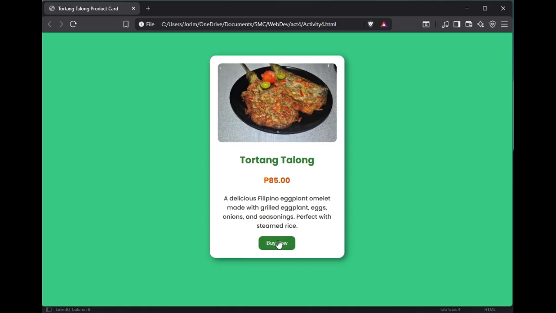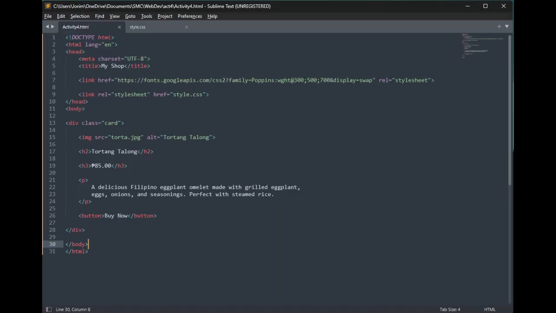First is the HTML file. I started by creating the basic HTML structure. Inside the head section, I added the title of the web page, linked the Google font called Poppins, and connected my external CSS file named style.css. Inside the body, I created a div with a class card, which contained all the information about the